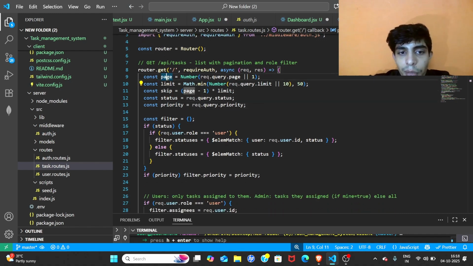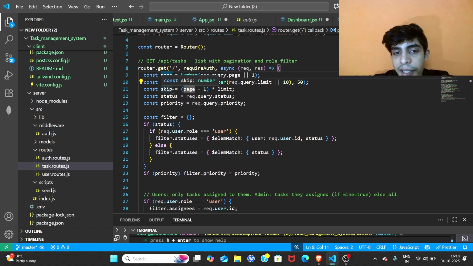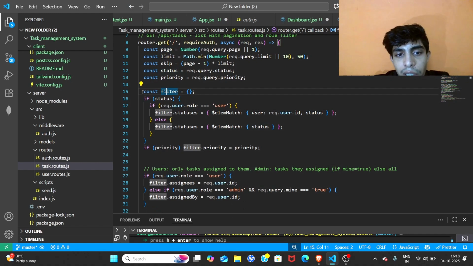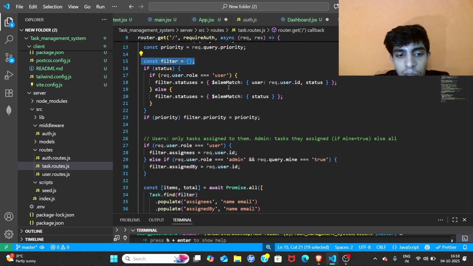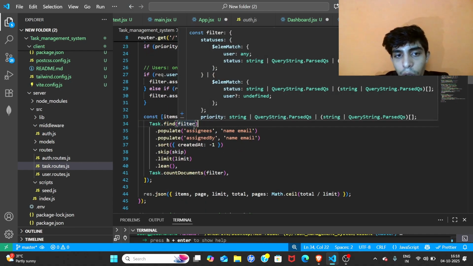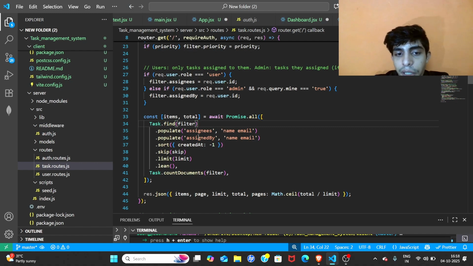So we will have a page number, a limit. Skip means how many pages to skip based on what page we currently are. Then if we use a filter, we will have a filter object where different filters will be added, such as the status, low, medium, or high, or priority. Then we perform a populate function on the MongoDB database to convert the